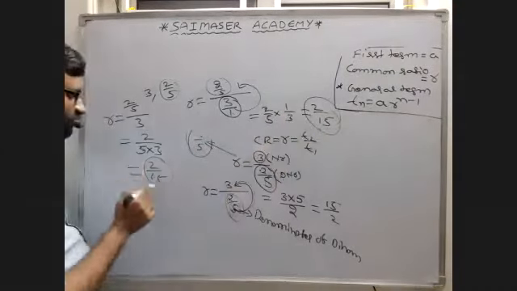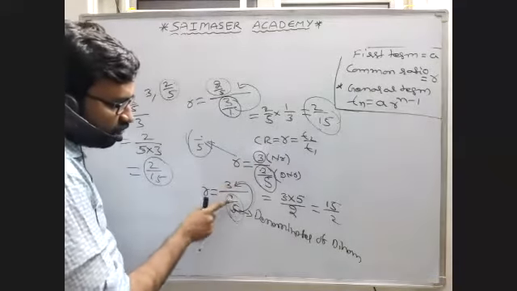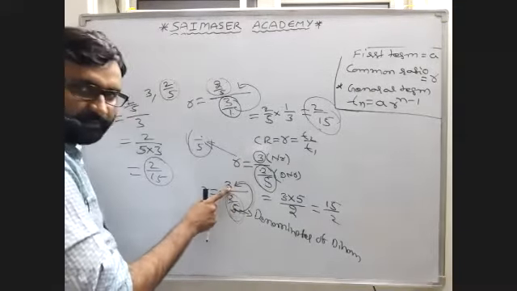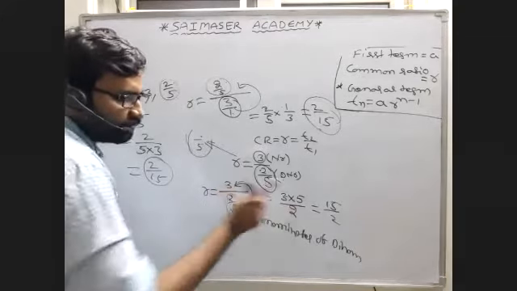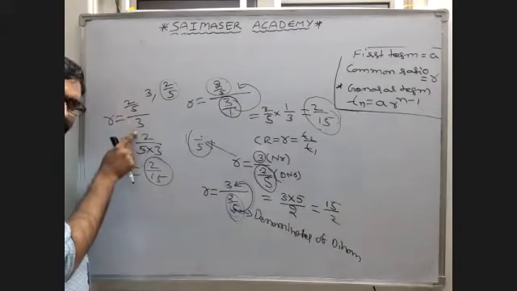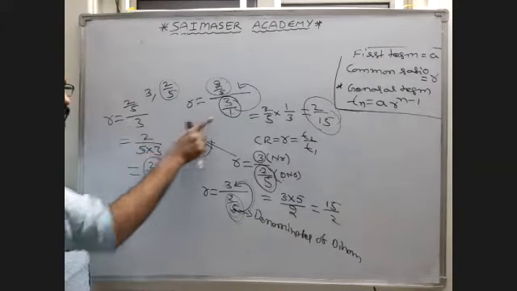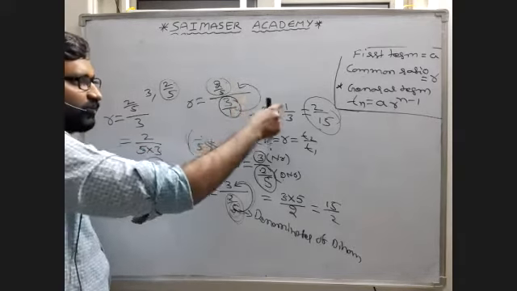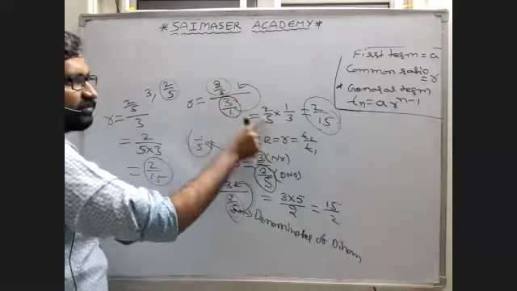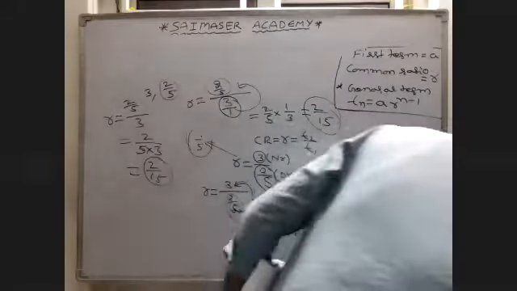Same 2 by 15. Okay, once again, if you have 3 by 2 by 5, this 5 will be the numerator. Then 3 into 5 by 2, 3 times 5 is 15 by 2. If you have 2 by 5 by 3, this 5 will be a multiple of 3, 5 into 3. Or you can write 3 by 1. That 1 will be the numerator, 3 will be the denominator, 5 will be the denominator. Whatever it is, you can learn in your own way.